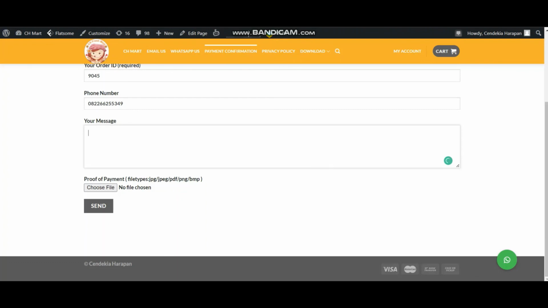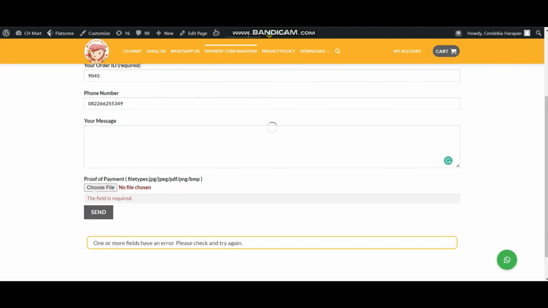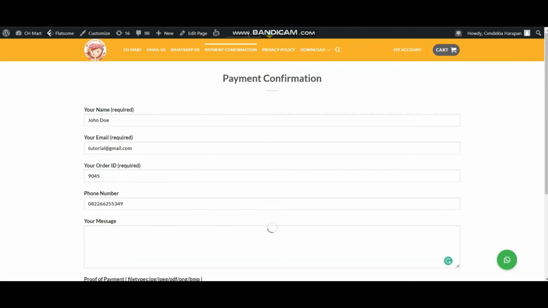And then after that, a phone number, you can input your correct phone number. And then after that, you can put a message. This is optional. You can leave it blank. And then after that, it's mandatory to choose the file. You can upload your own file and then click send. And then after that,